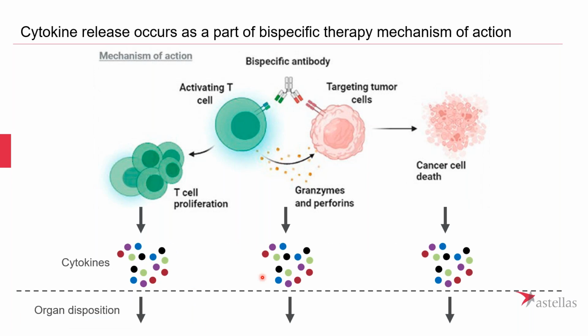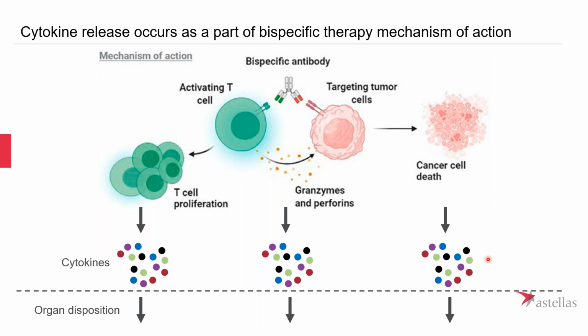But one thing that we see with bispecifics that can lead to adverse events is this cytokine release. Again, I'm really focused here on CD3-based bispecifics targeting tumor cells, but we see that these cytokines are released as a result of this mechanism of action of these bispecifics pretty much in every single case. You're going to have cytokines being released from all of these mechanisms of T cell proliferation, through the mechanisms of how the T cell kills the tumor cells, and then once the tumor cells are dying themselves, they're going to be releasing different things that will then